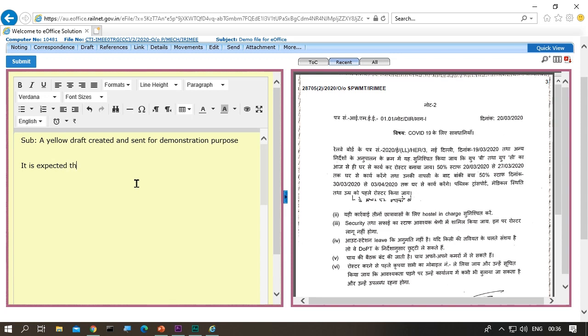The yellow note needs to be submitted. The button is above that yellow note window. Click on the submit button and the yellow note gets submitted, which can be, like any other standard file, sent to any of the recipients.